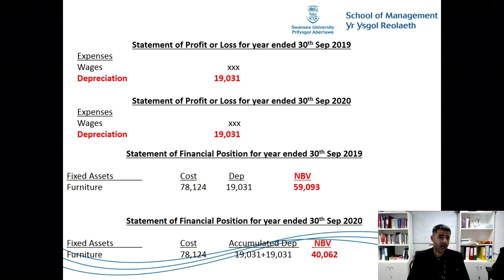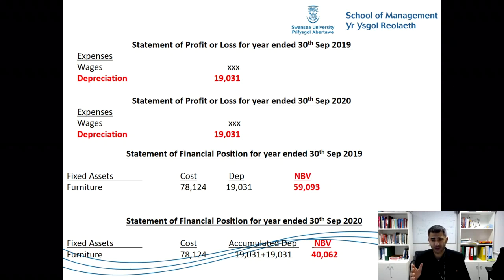But now, how to treat the non-current assets, the furniture, under the statement of financial position under non-current assets or fixed assets. So what you need to do, you need to reflect the fair value. You need to reflect the fair value, the current value, the market value, right? So if you look here,